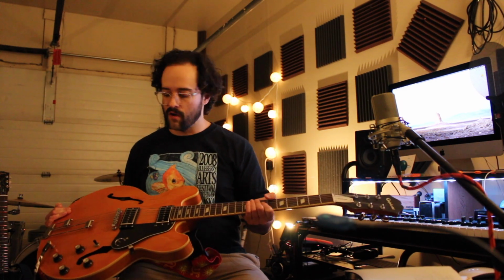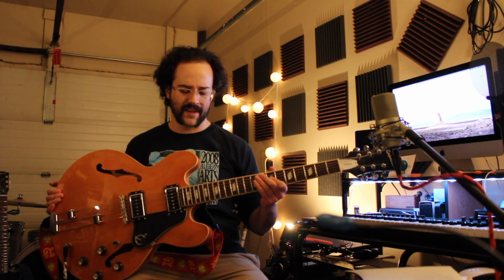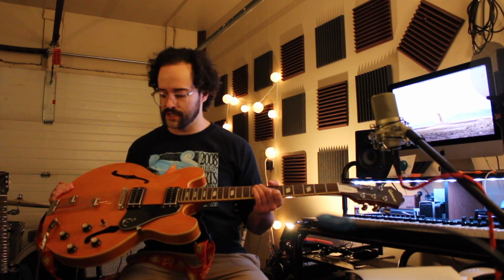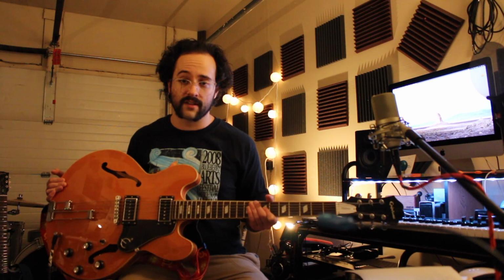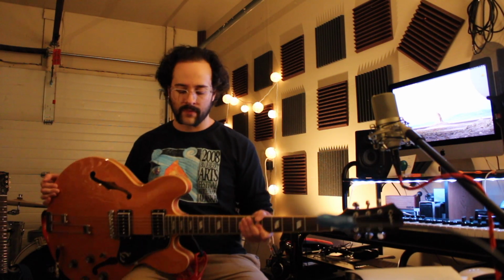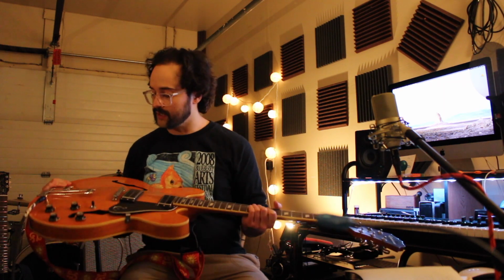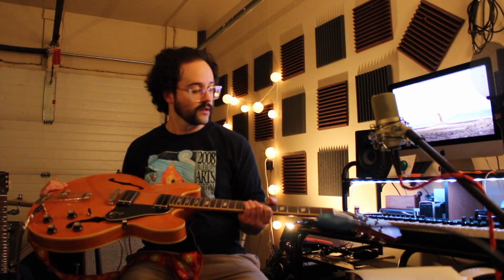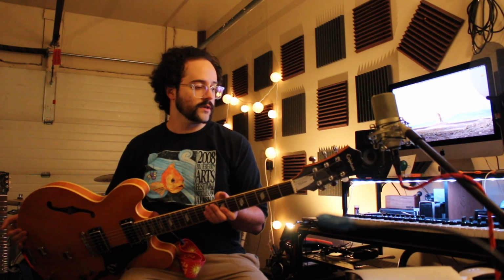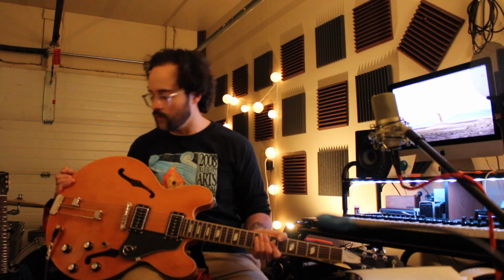And yeah, immediately when I saw it hanging up on the wall, the first thing that catches your eyes is the color of this thing. I think it's technically a natural finish, I believe. I don't know. If anybody does know, please comment. But it's got a very orangish hue to it. It's got binding all around and down the neck. It just looks really cool. It's got chrome